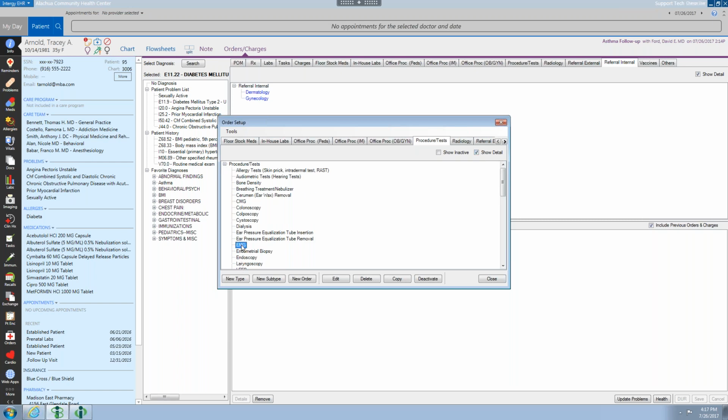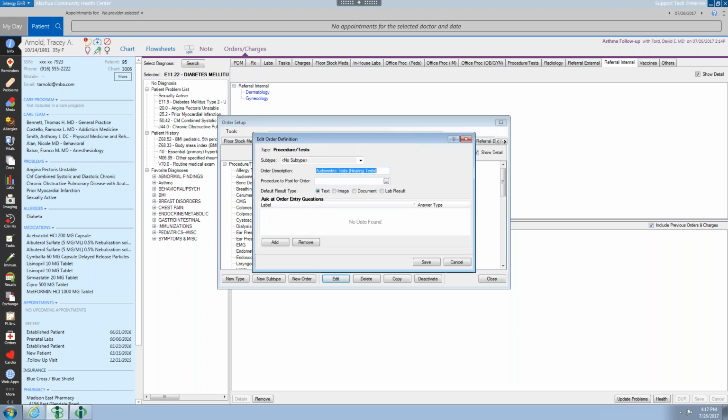So let's say you want to tie a service code to a hearing test, for example. If you edit the order, you'll notice that there is actually a section where you could default the procedure to post for this particular order. If you are monitoring or maintaining your orders and charges, and as you go down the list of orders you notice that certain things are missing, that could be the reason